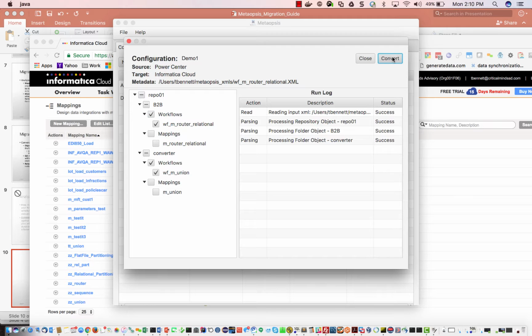And then when we're ready to go, before we do this, I just want to point out, we have these workflows. We're not going to create these workflows, but we are going to create the mapping and the associated session. So just to point out,